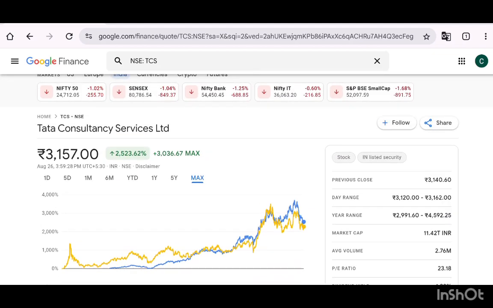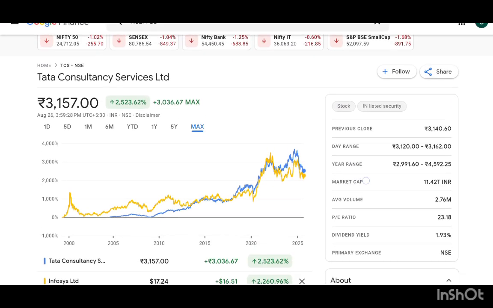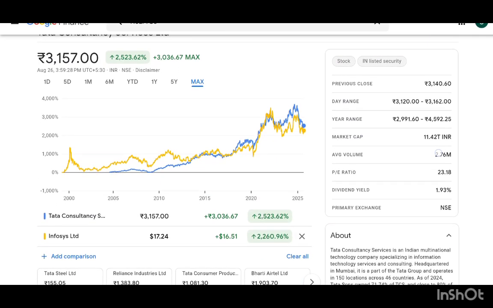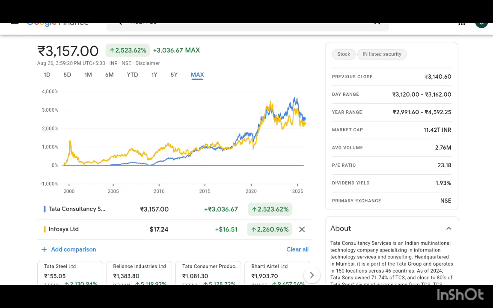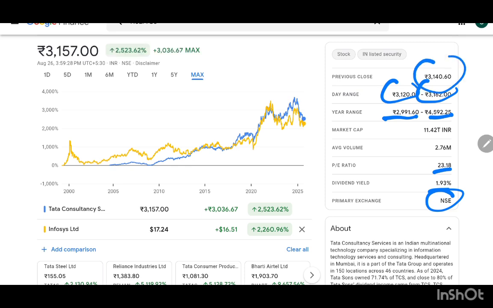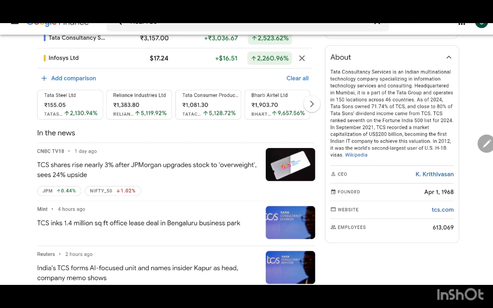If you go to the right side, you can see here the P/E ratio and dividend yield, and the primary exchange, the NSE, and the year range, from this range to this range it ran. And the day change, like it opened at this and now it is at this, and the previous close is also shown. And if you come down, you can see more about the company, like what it does